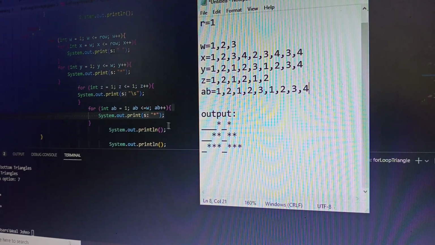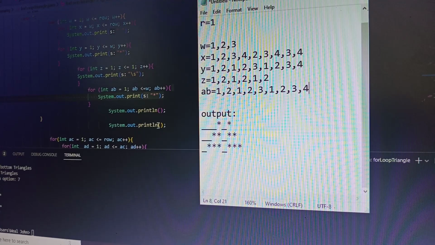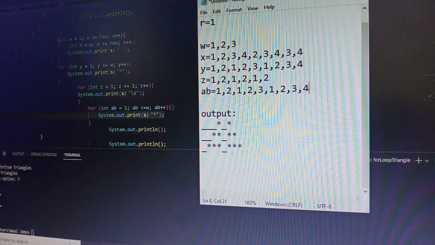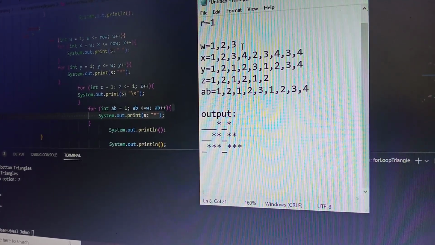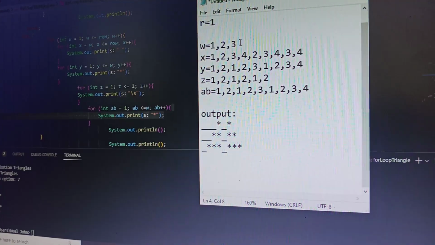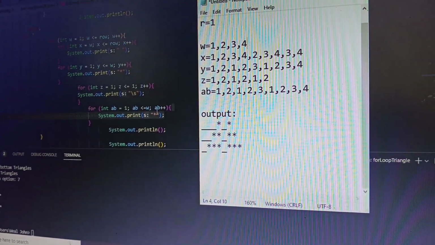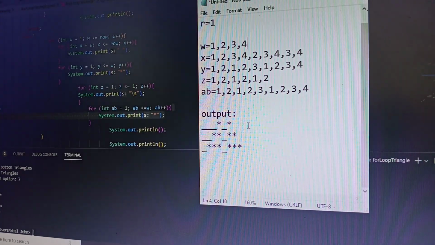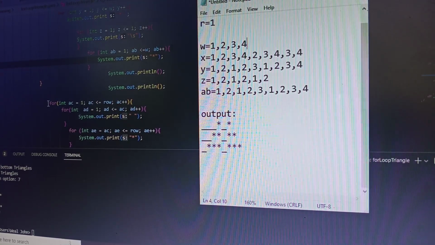Then proceed to the next line. System out print. Then proceed to the first line, which is W will increment and now become 4. Then end of statement. Then proceed to the second condition, which is